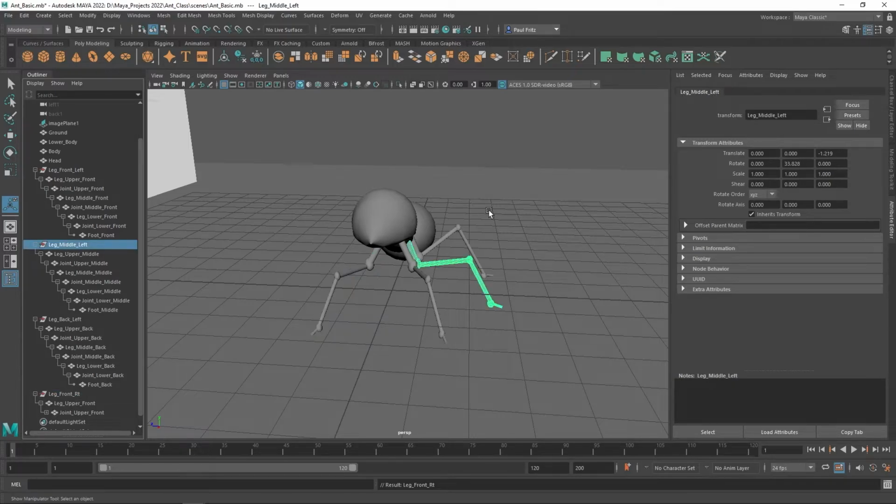We're going to pick the middle leg. We're going to hit Control D, duplicate it again right here. Now for me, mine is again in the negative Z direction. If yours is in the X direction, you're going to put the -1 right here in front of the X. So you can pick a -1 in the X. I'm putting mine